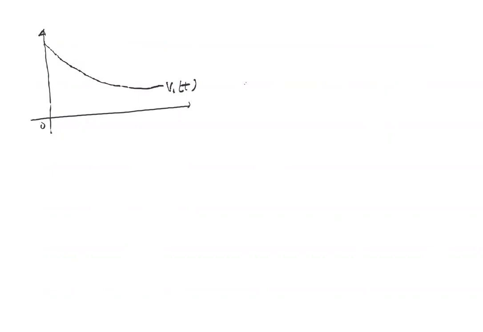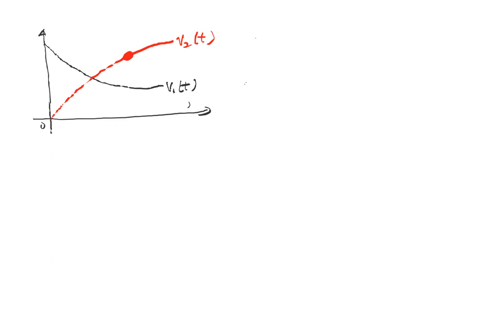And this is your V2(t). Your V2(t) goes like that. Right? So what you can say is from the graph itself, you can say